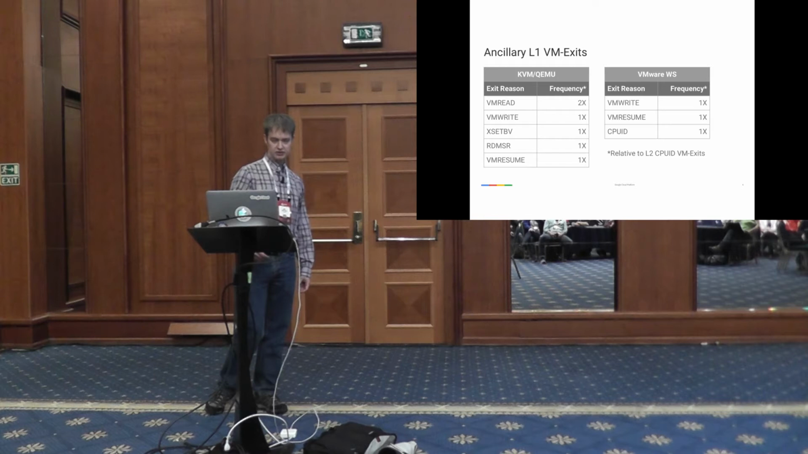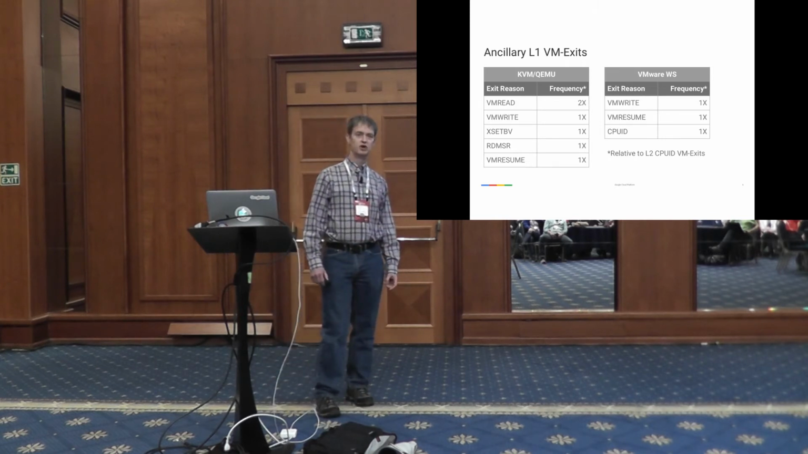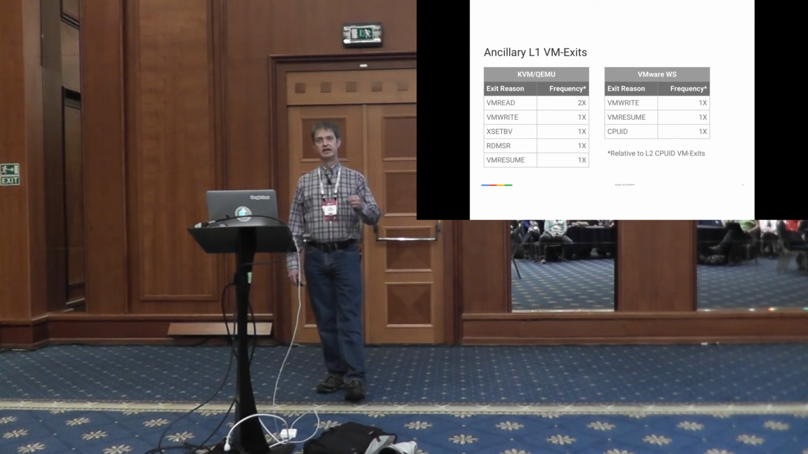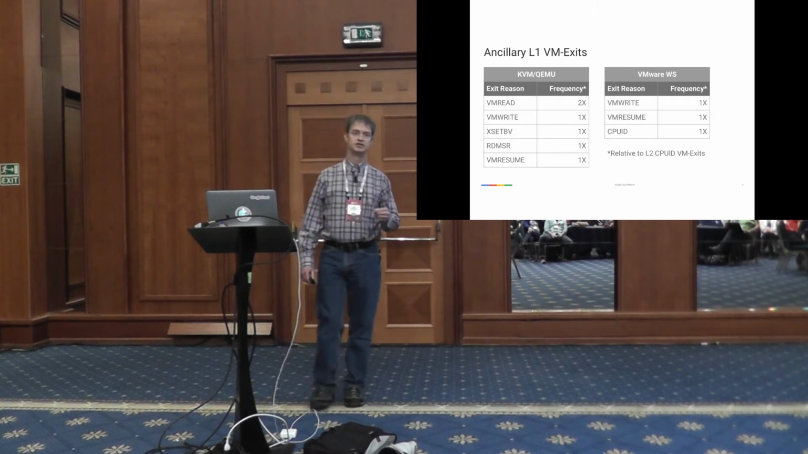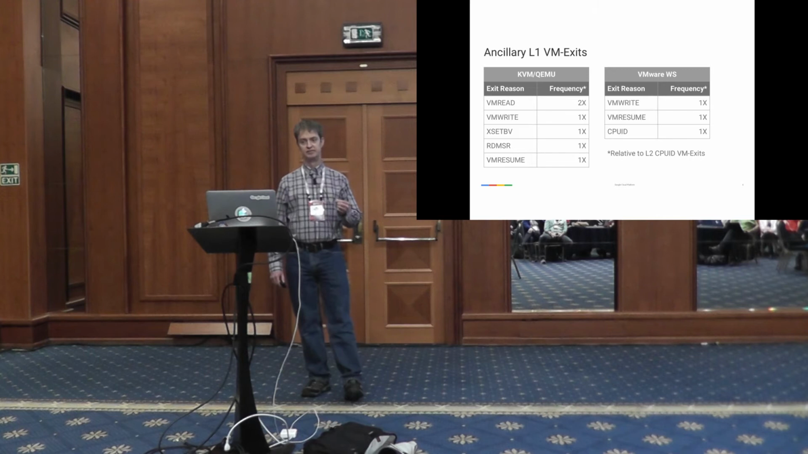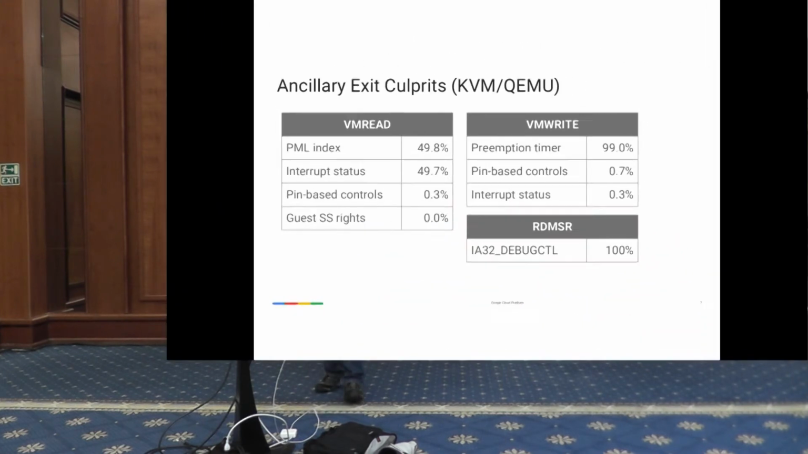But we can look a little closer at some of these exits, the VM read and VM write and read MSR exits. I'll point out that the processor I was using, the Broadwell CPU, does have support for VMCS shadowing. And VMCS shadowing is a VMX capability that Intel introduced to help nested virtualization so that L1 can perform VM read and VM write operations without causing a VM exit. So if it can do that, why didn't it? And you'll see on the next slide that the problem was that